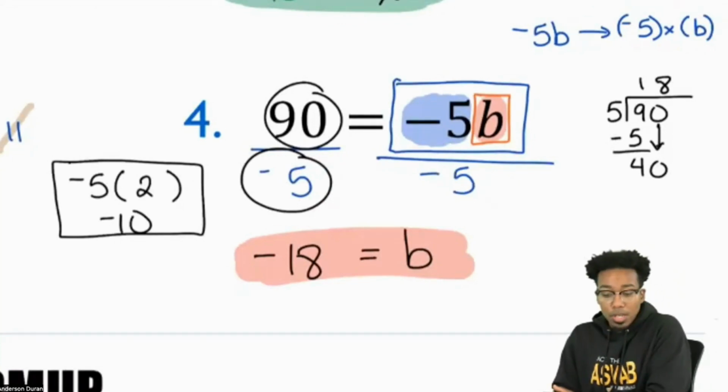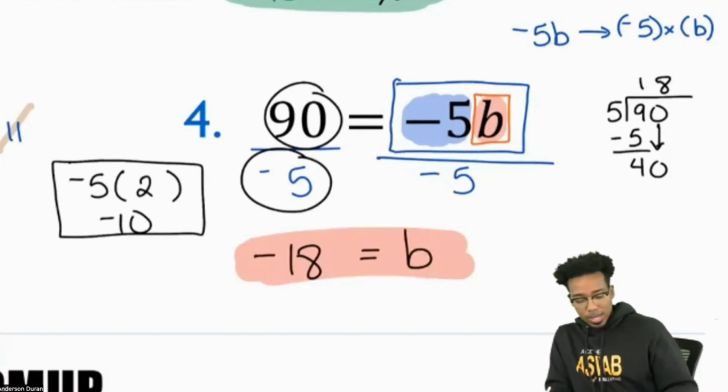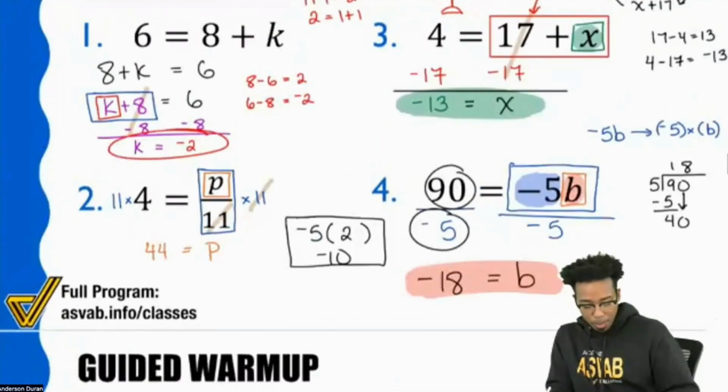No, it's supposed to be 90 divided by -5, not the other way around, Jasper. 90 divided by -5. And so with that said, looking at the 4 problems that we were just able to